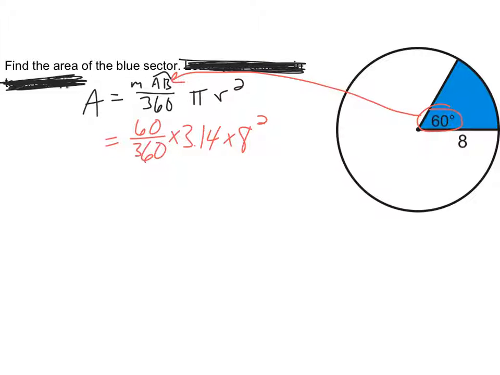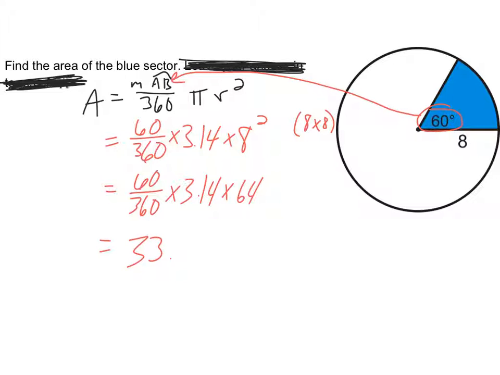Now remember, when we square something, we take it times itself. So really, I'm going to have 60 over 360 times 3.14 times 64. And if I type that into my calculator just the way I see it, 60 divided by 360 times 3.14 times 64, I get an answer of 33.49, then a bunch of threes, but we're going to keep it to rounding to 2 decimal places, so our area is